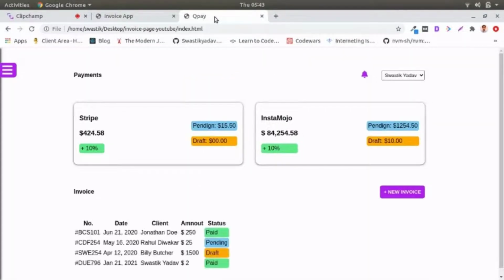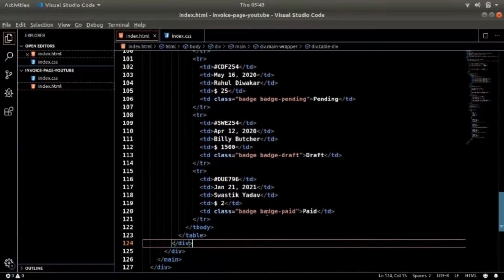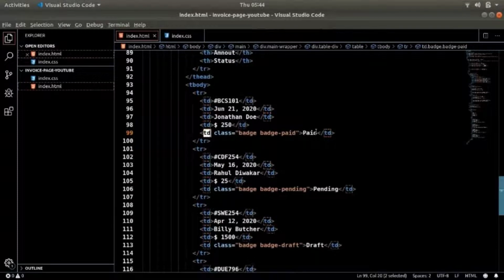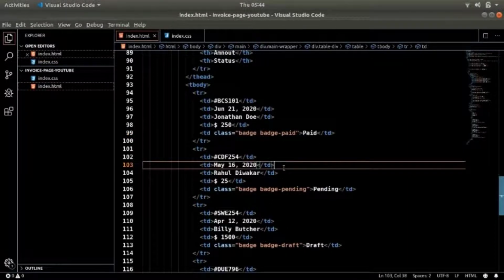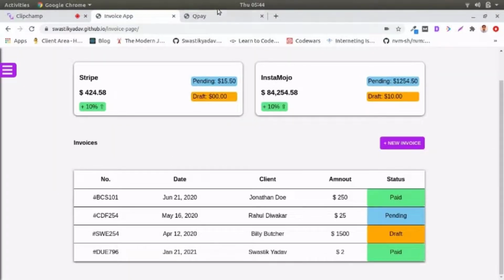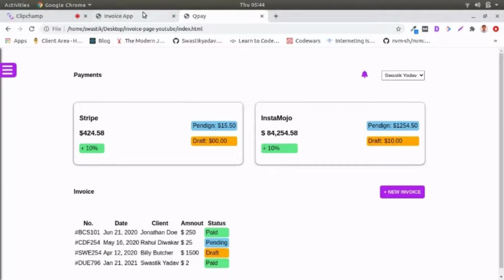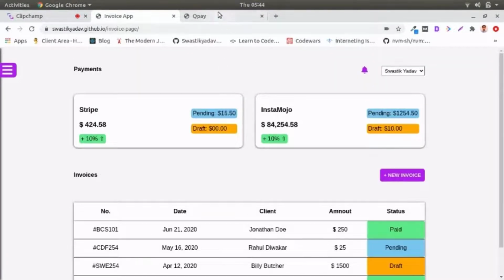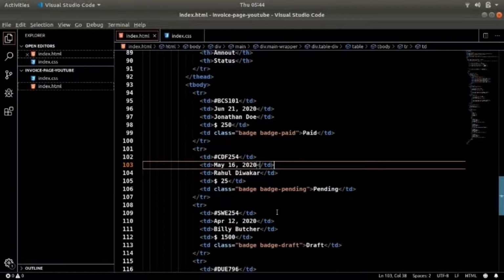Now if I just reload, so here we have it, you see. And in the table, you see we have this td, which is paid, pending or draft. The class names for them are batch, and batch paid, batch pending and batch draft. Because we already have those class names in place and styled, you see these elements already got their styling. So that's really good. And now let's make them look pretty similar to this one, because right now it's not looking good.